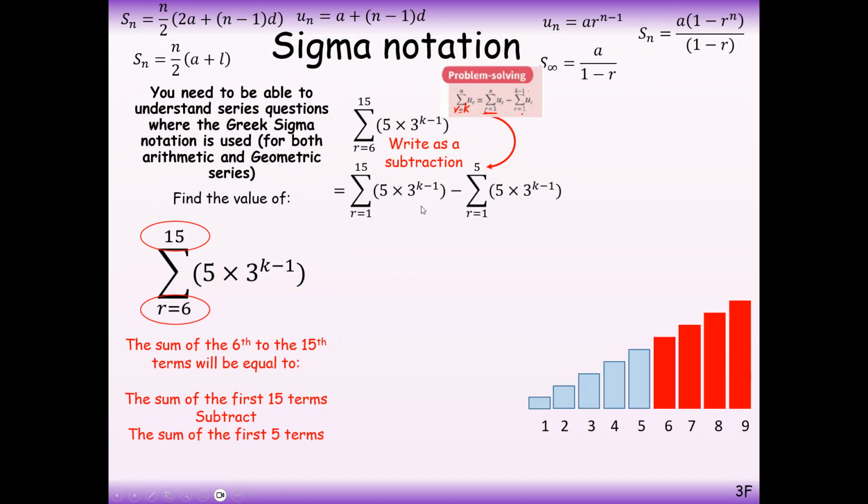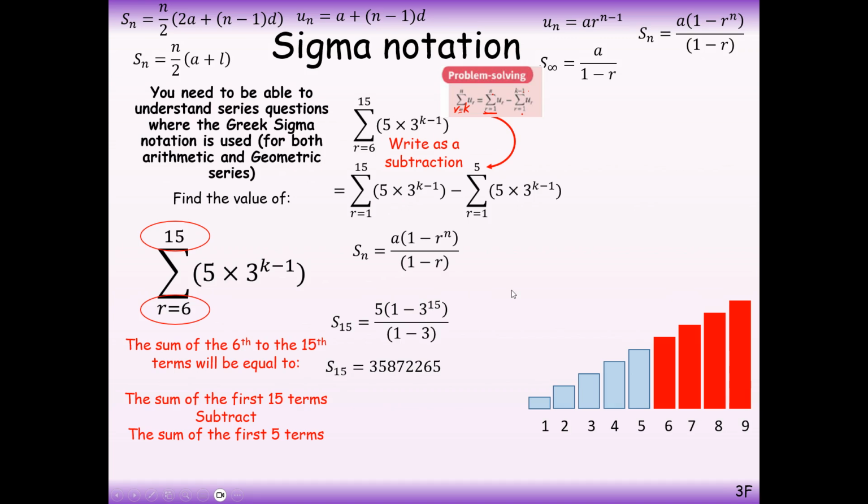You would say, what's the first term? It would be, substituting 1 here, 1 minus 1 would be 3 to the power 0. So the first term would be 5. And the common ratio is 3. So you would use this formula from 1 to 15. You would get this sum. Alright, this is a huge number,